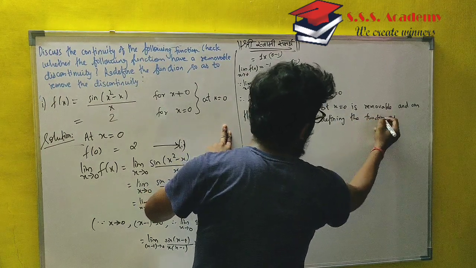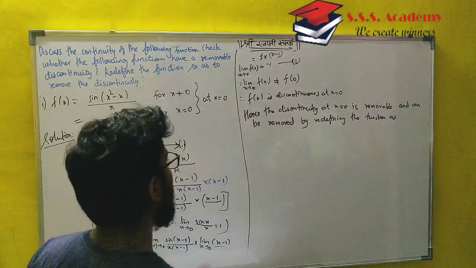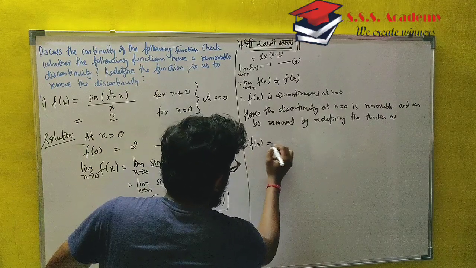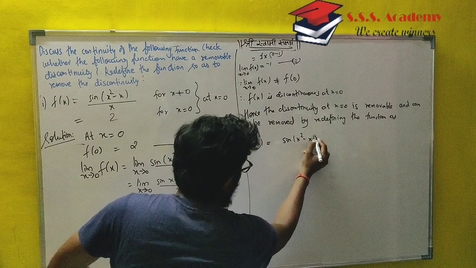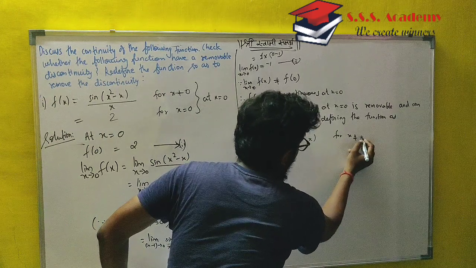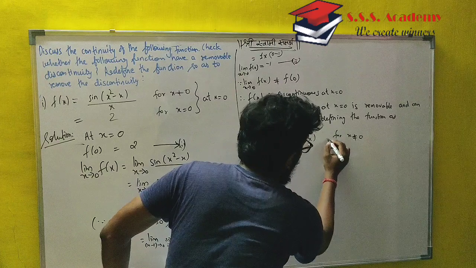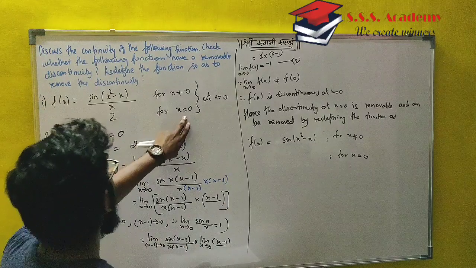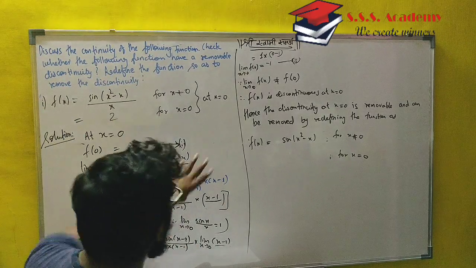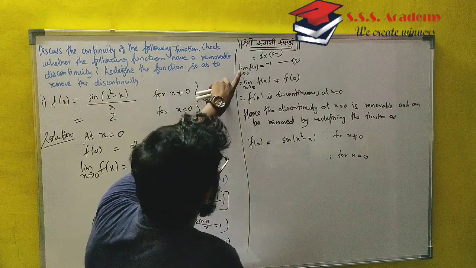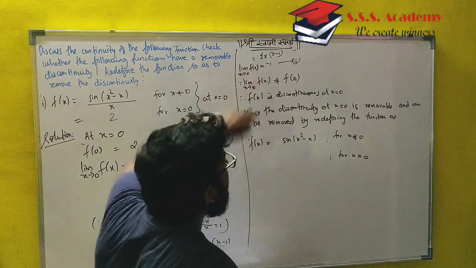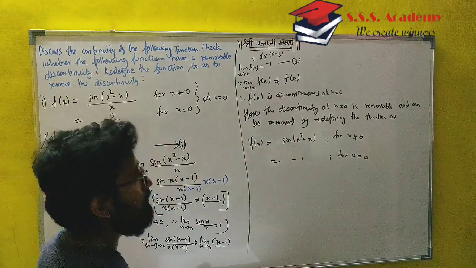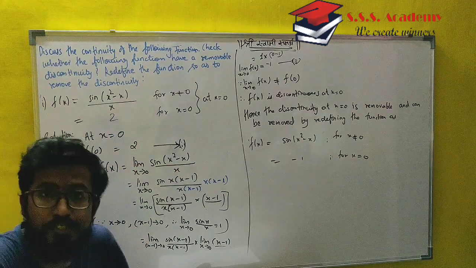the function as. Now how do we have to redefine the function? Same to same, we'll be writing it as f of x, what is given to us, that is sine of (x square minus x) for x not equals to 0. We just have to change it over here: for x equals 0, instead of the value given in the question, which was 2, on solving we got the limit as x tends to 0, and that value we have to write in the redefinition. This is how we redefine the function.